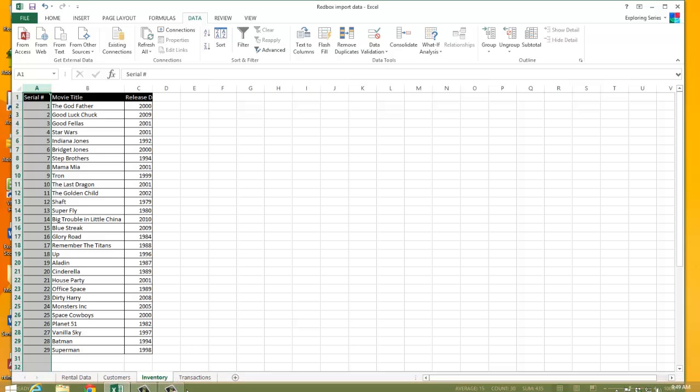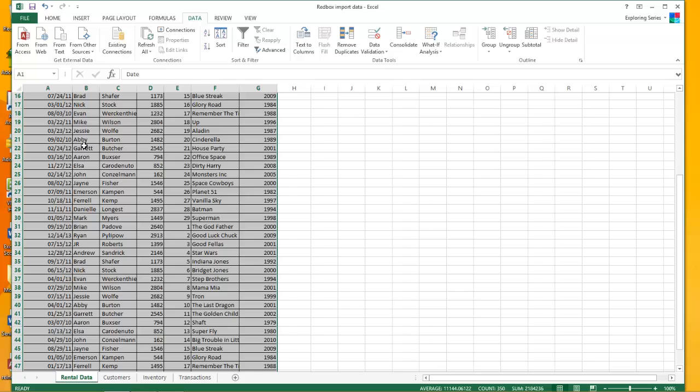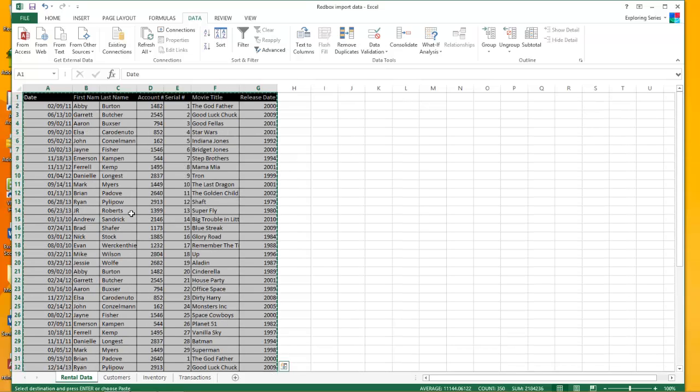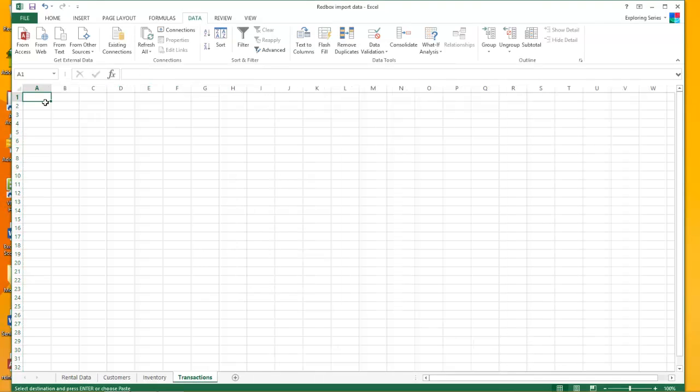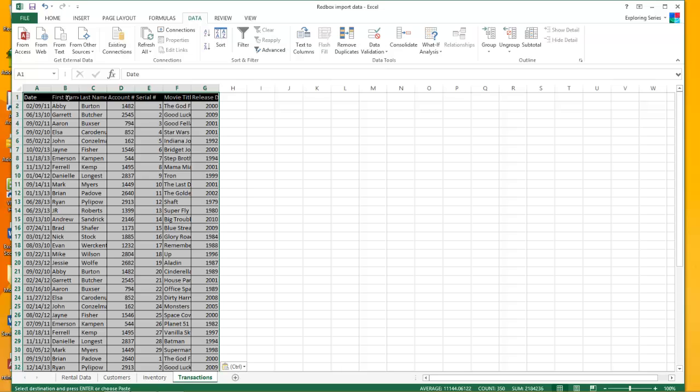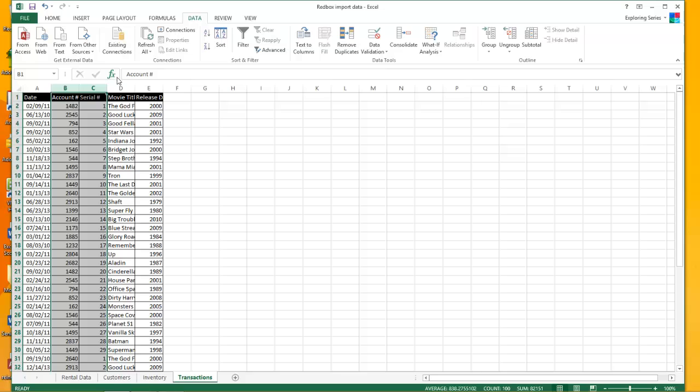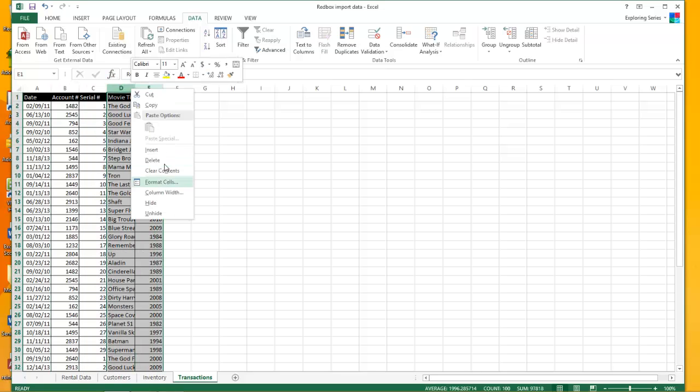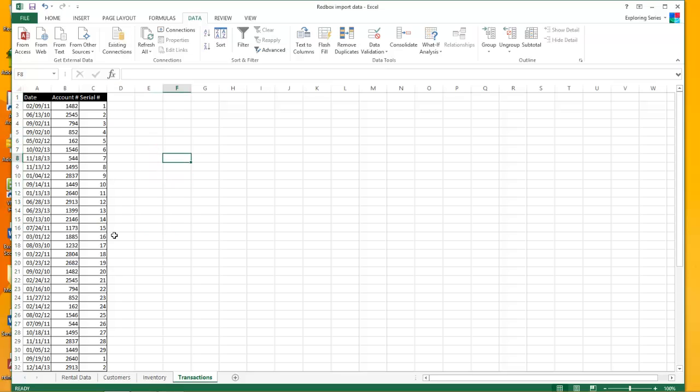Okay. And in this case, everything is good. All right. So the very last thing that we're going to import, and I'll show you how we want to get this formatted, even though it's already formatted correctly, is transactions. Now in the transactions sheet, we're going to get rid of these. We're going to get rid of these. We don't really need those things, as you'll learn when you go through normalization. But we want to make sure that the date is actually formatted as a date, because if we do that in Excel,